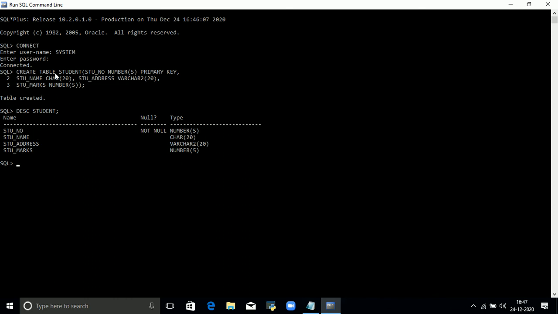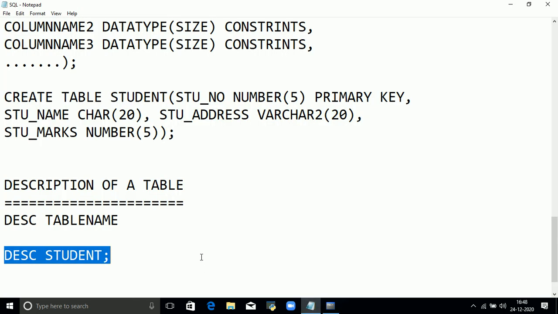So this is the create table command: create table, table name, all these columns, data type, size, and if necessary we specify the constraint. We have different constraints: not null constraint, unique constraint, check constraint, primary key constraint, and foreign key constraint. I prefer primary key because it has two properties: it does not accept null values and it does not accept duplicates. That's why I prefer the primary key. Okay, the next command is the alter command.